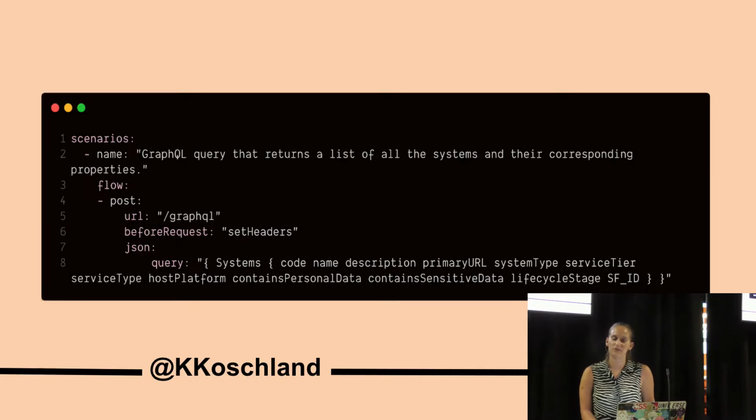Then you define the flow, and this is an array of operations that a virtual user will perform. In the above example, they are making a POST request with a JSON body that contains a GraphQL query to the root GraphQL. You can also see here that I'm calling the set headers function that I discussed previously. And above is just a snapshot. You can add as many operations as you like here. In my script, I had about 5 different read queries that were going to be made by a virtual user